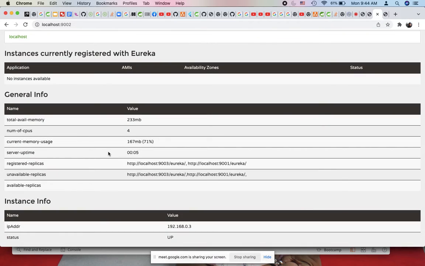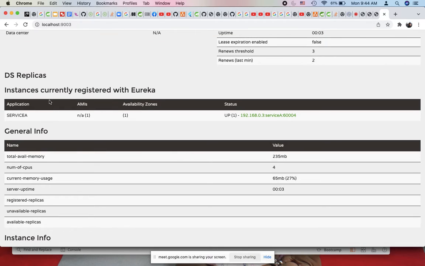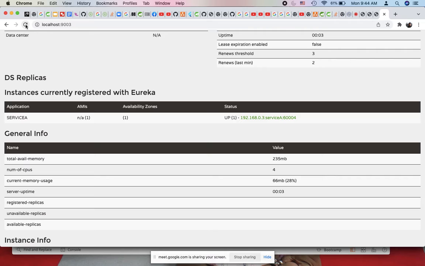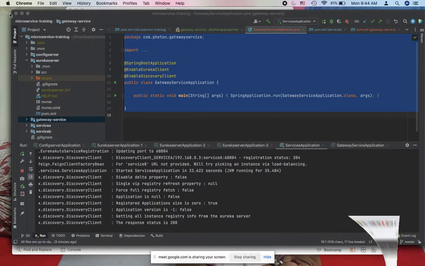लेट मी टेक ए लुक। ओनली 9002 इज सेइंग कि मेरे पास दो चीज़ मेरे को पता है। यहाँ पे 9003 बोल रहे हैं कि मेरे पास कोई रजिस्टर्ड रेप्लिकास है ही नहीं, और 9001 भी बोल रहे हैं मेरे पास कोई रजिस्टर्ड रेप्लिका है ही नहीं। ठीक है, इसको पहले फिक्स करते हैं। आई थिंक गॉट द पॉइंट।